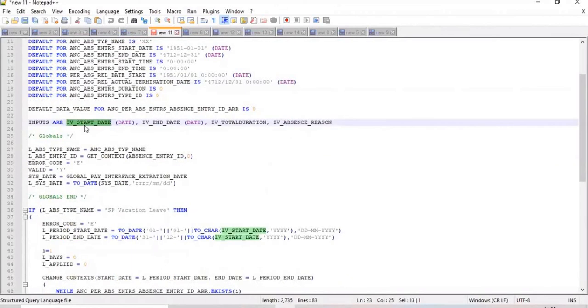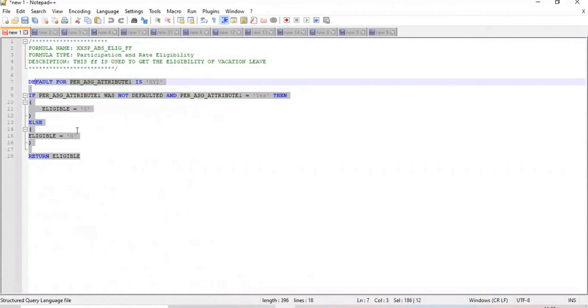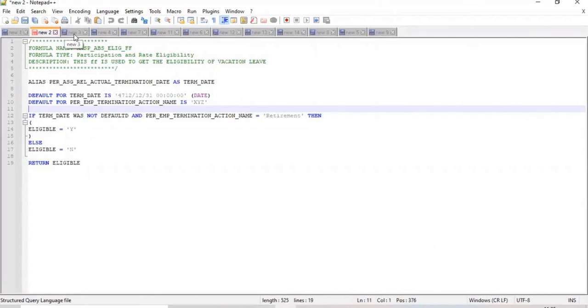Directly I have taken them. Some formulas I don't need any input values. Here I don't have any input values. Based on database items, I wanted to calculate eligibility, so I don't use input values at all. It's not mandatory to use input values, but it's mandatory to define database items if you are using them in your formula.